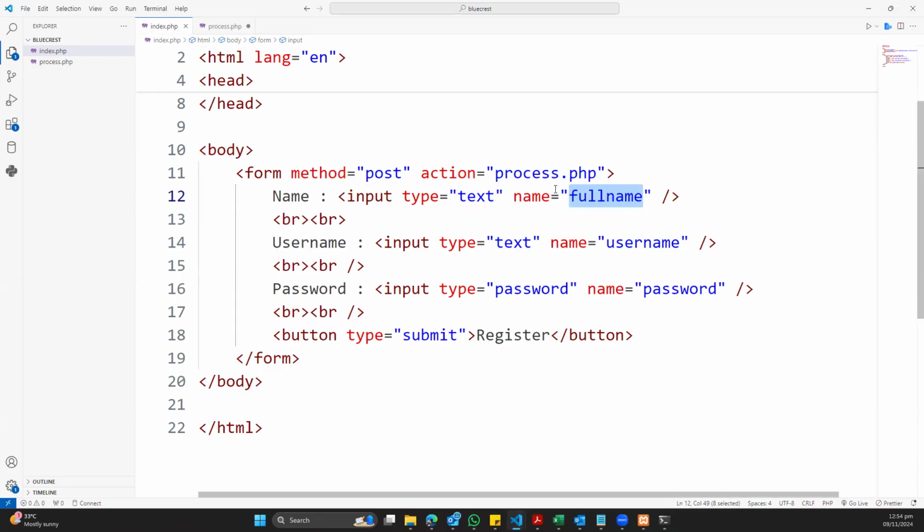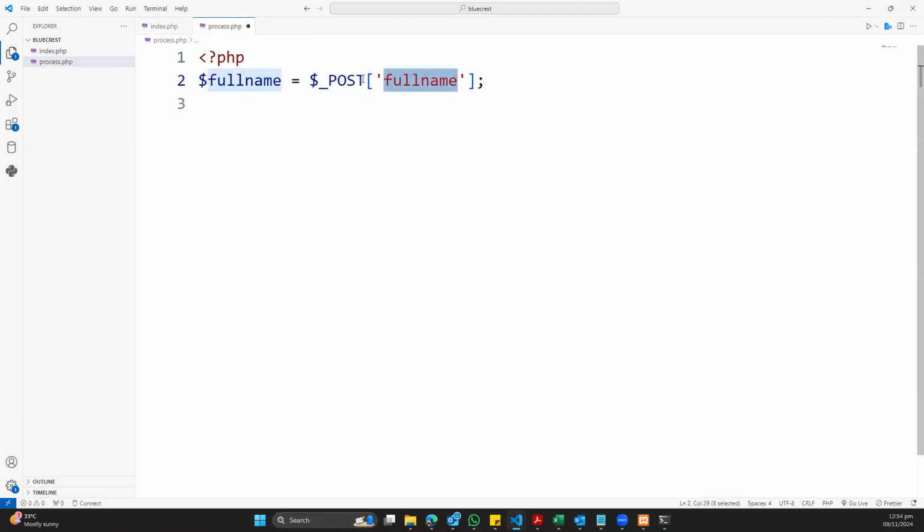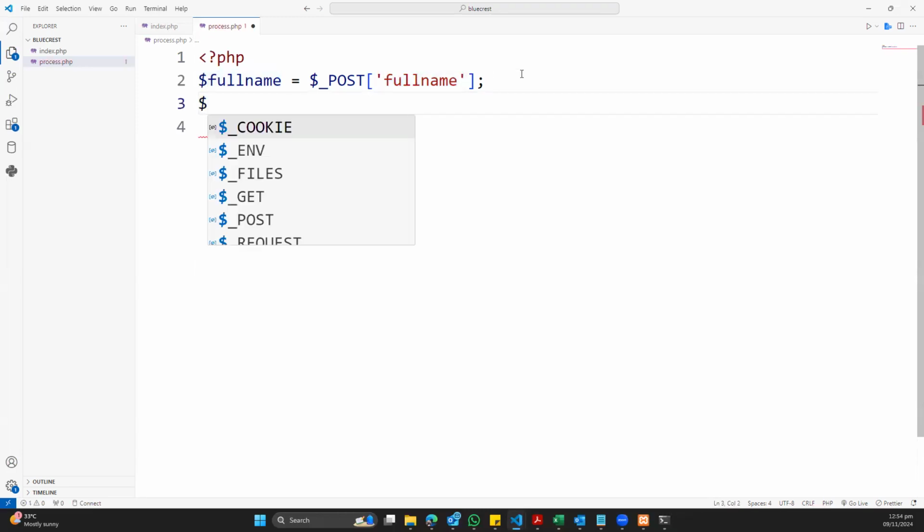And we said that we should store it as a post. So to retrieve it, it is post. Go to post and look for where you have what? Full name. Over here too, I'll say go to,